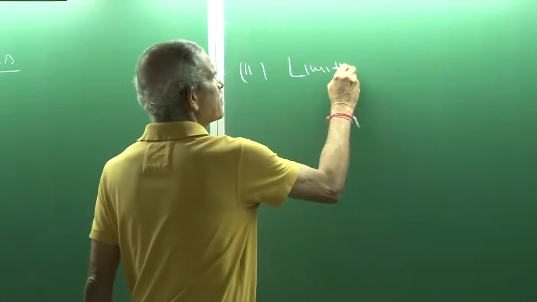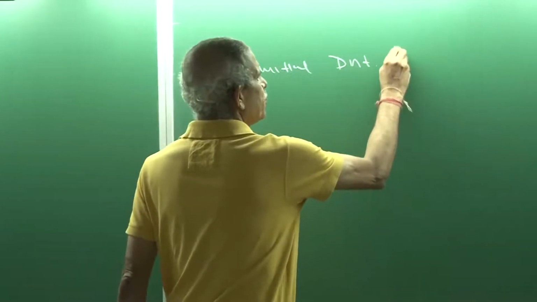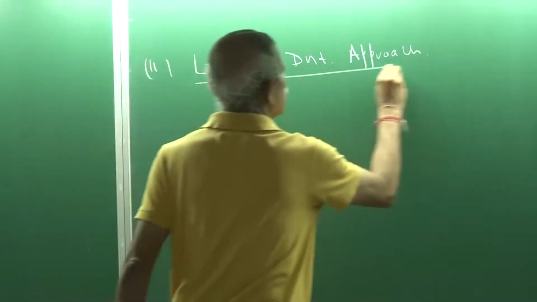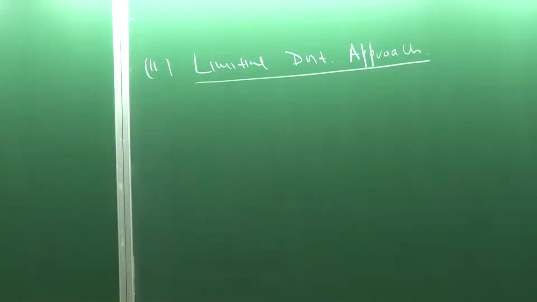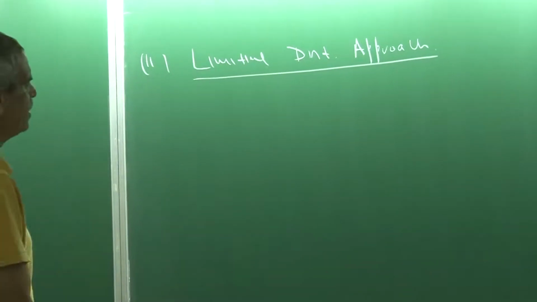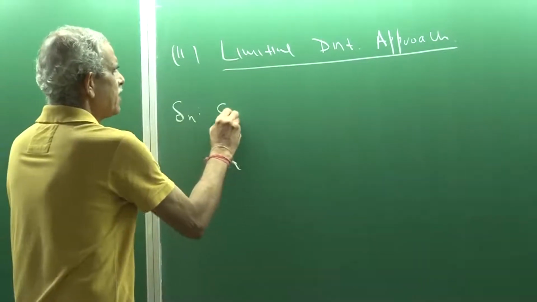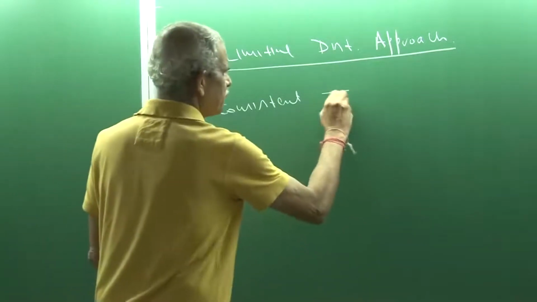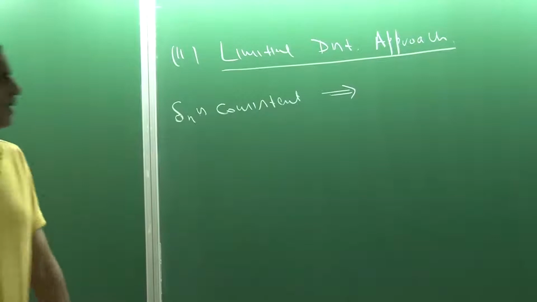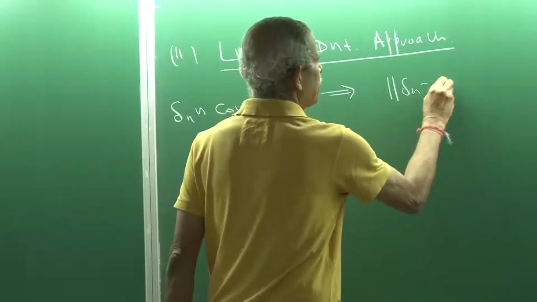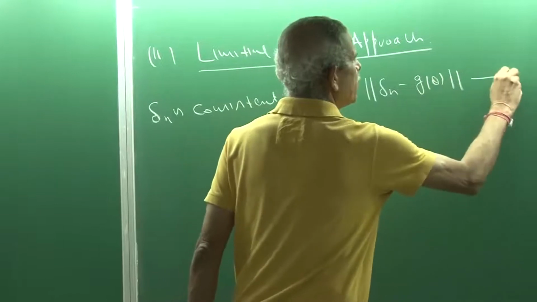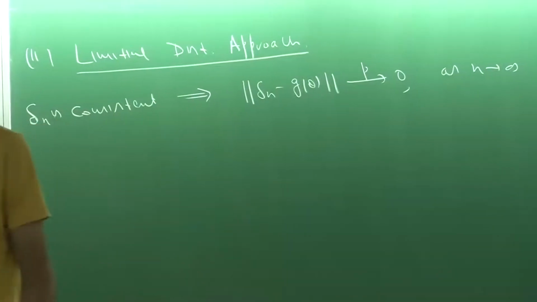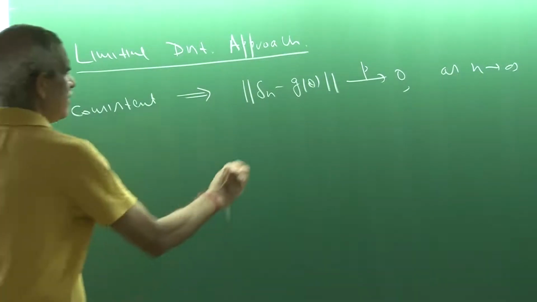So, the limiting distribution approach. Let us look at what happens for any consistent estimator. Suppose delta n is consistent. If delta n is consistent, this implies that the norm of delta n minus g theta goes in probability to 0 as n goes to infinity, which is equivalent to saying that